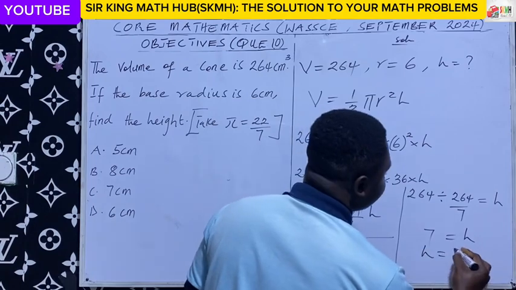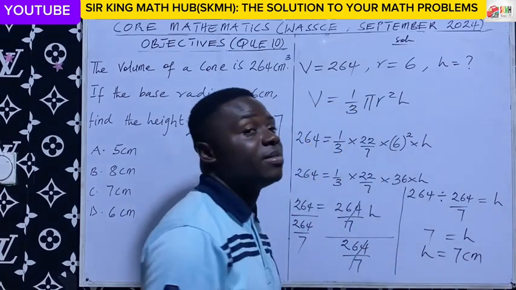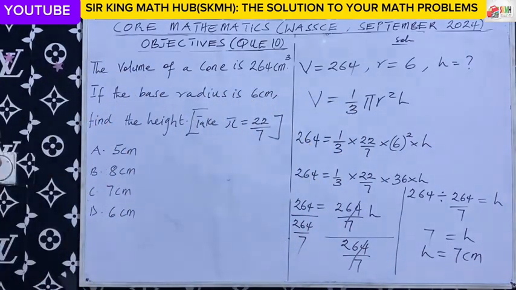Therefore, the height of this cone here measures 7 centimeters. So the right answer is option